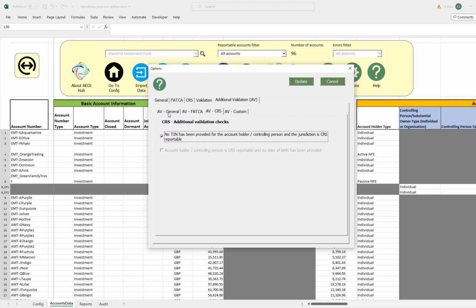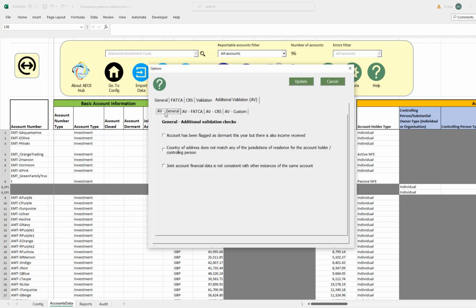All of the validations in this additional validation checks will not necessarily cause the submission to fail. They're additional checks that might indicate issues with the data quality, but they're not fundamental issues that we would identify as errors.